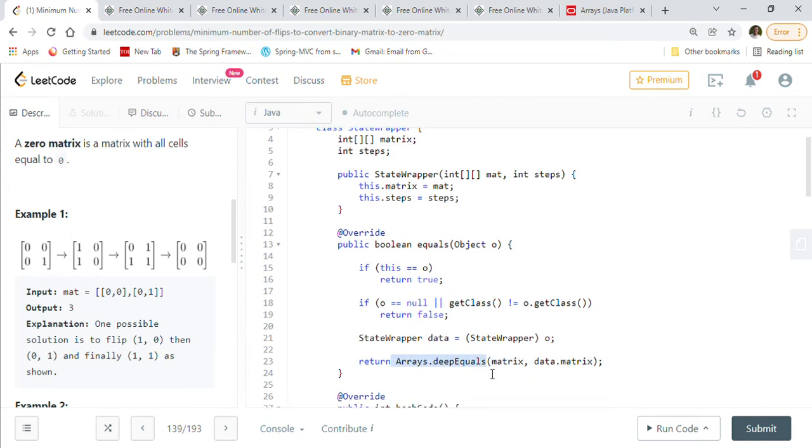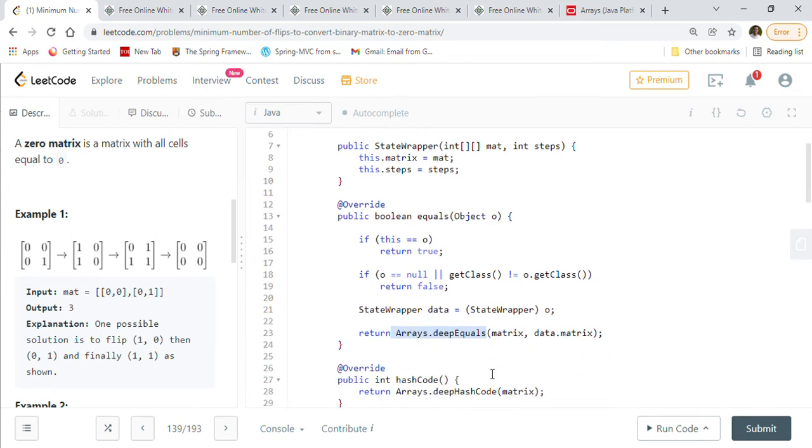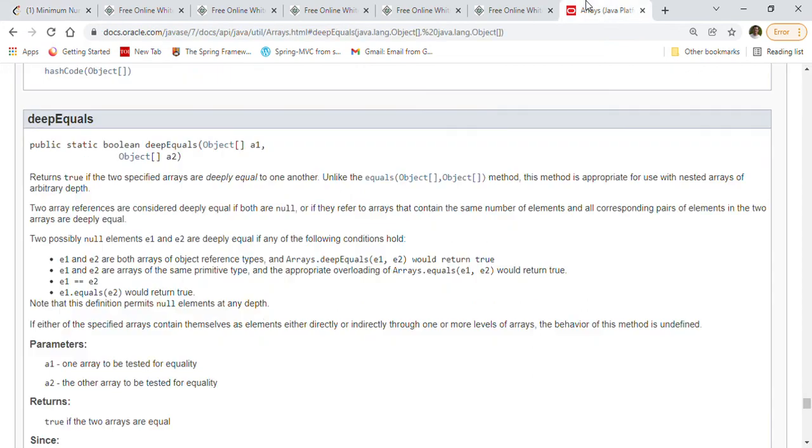The deepEquals method is useful for 2D or higher-dimensional arrays, right? Because it will compare each element of the 2D array, for example in this case, with the other 2D array. Every element it will compare, and it will tell us if both arrays are equal or not. So this one you can find in the